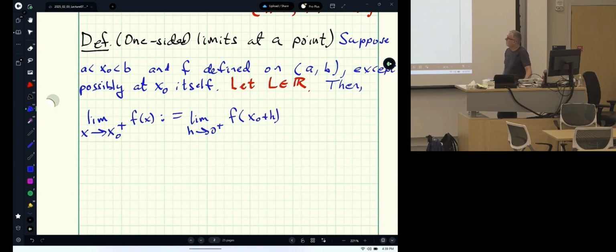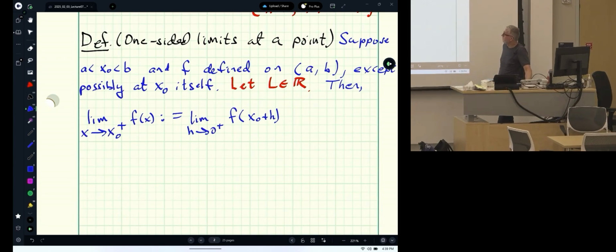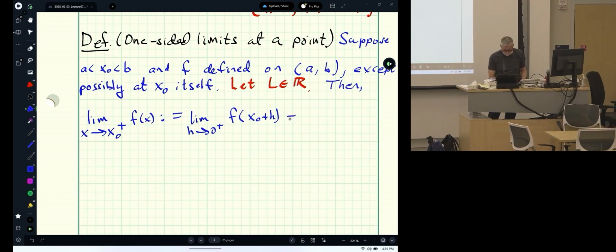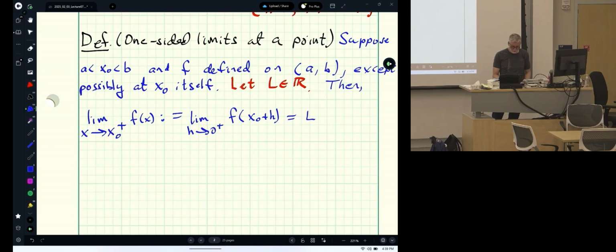So all we've done here is replace 1 over eta for eta large and positive by h, where h is going to 0 from the right. So it's going to 0 through positive quantities. And then this is equal to L